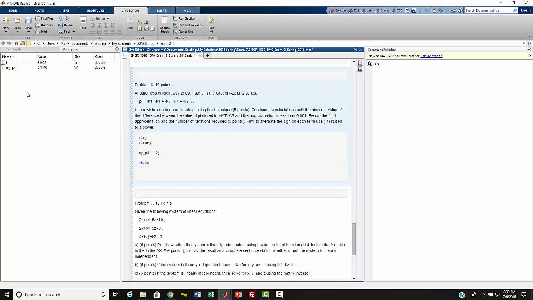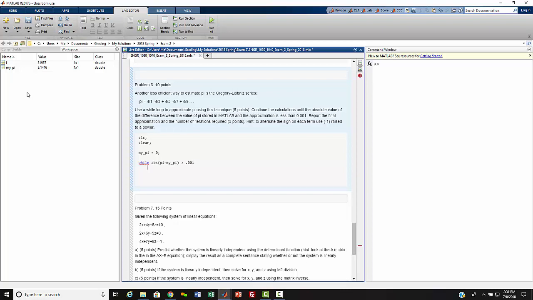This time we're going to do a while the absolute value of pi minus my pi, and this time I'm going to put the parentheses on, is greater than 0.001. Then it's going to do this, and it's going to be my pi equals my pi